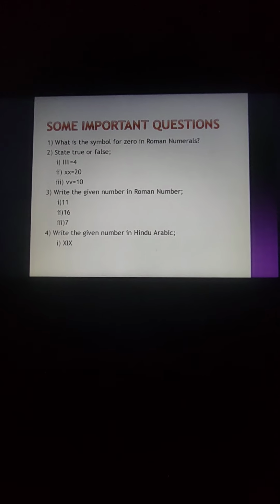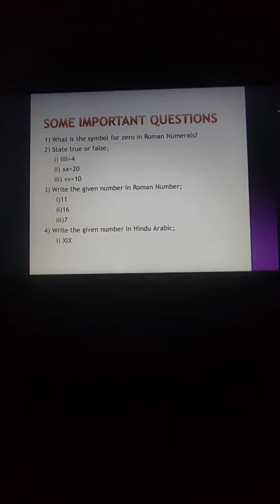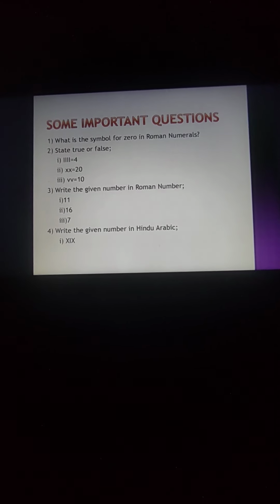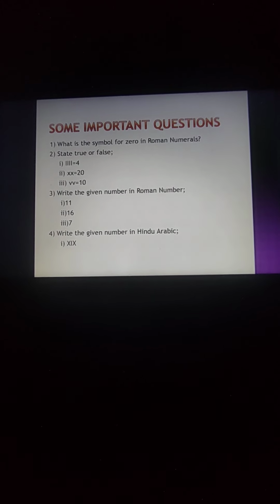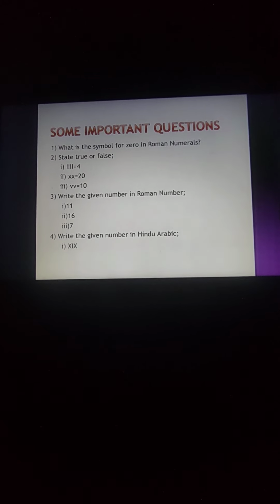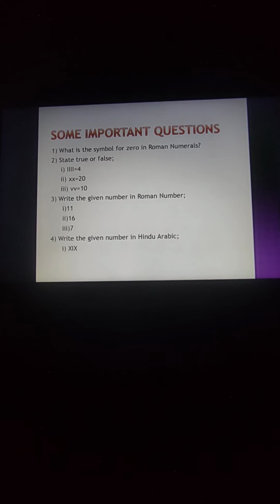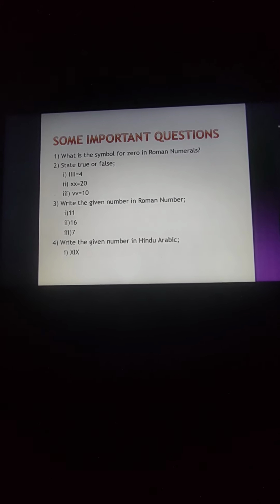Roman numeral का sixth rule हम लोगों ने क्या देखा था कि अगर greater value पहले होता है और lower value बाद में, तो दोनों के values को हम लोग add करते हैं. तो यहाँ 10 है और 9 है. पहले 10 है, greater value is first and 9 is later on, lower value is later on. Then what we will do, we will add their values. 10 plus 9 will be equal to 19.